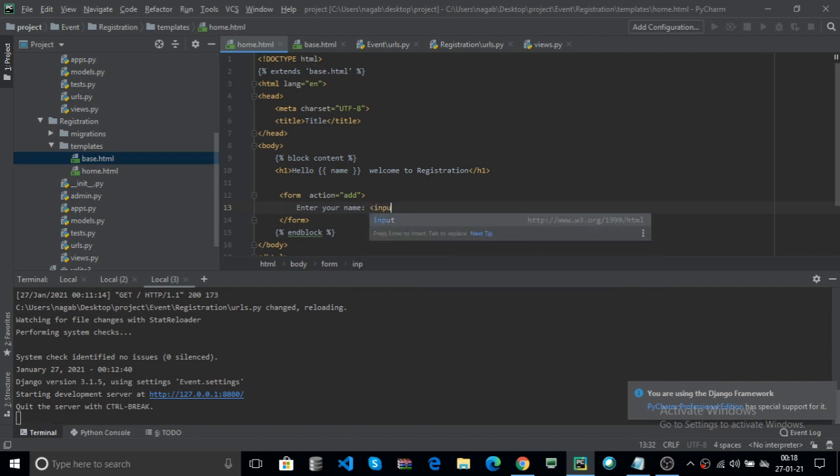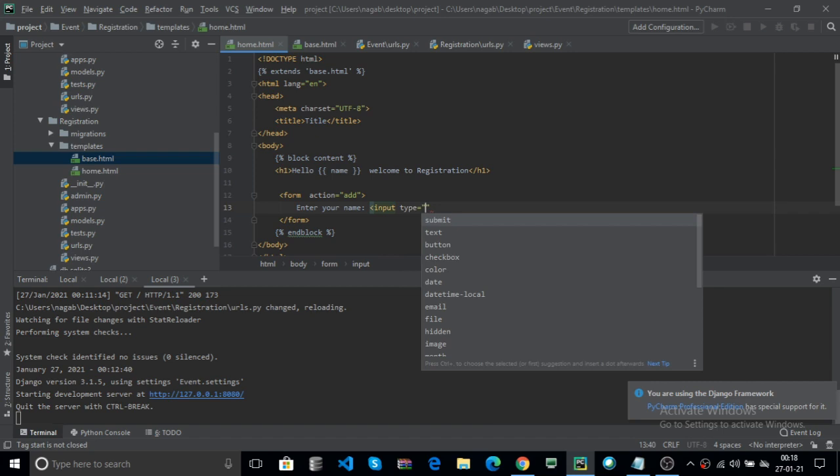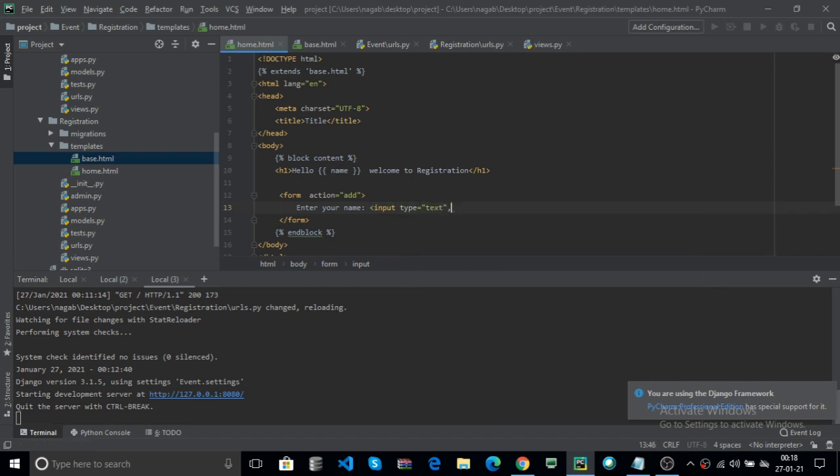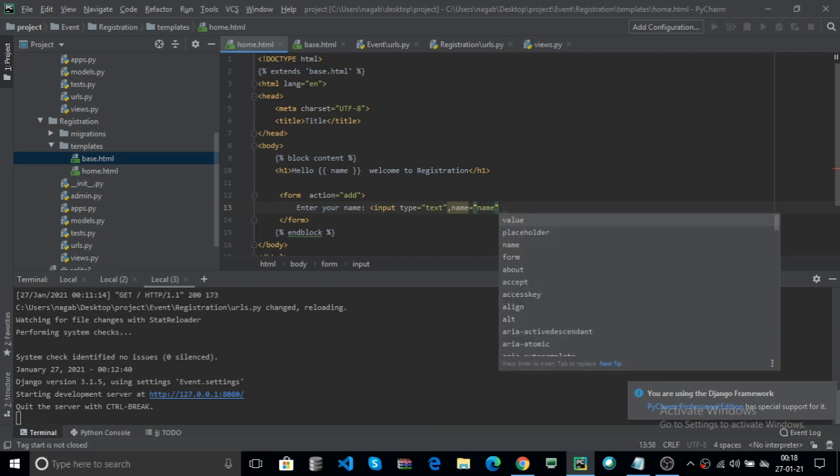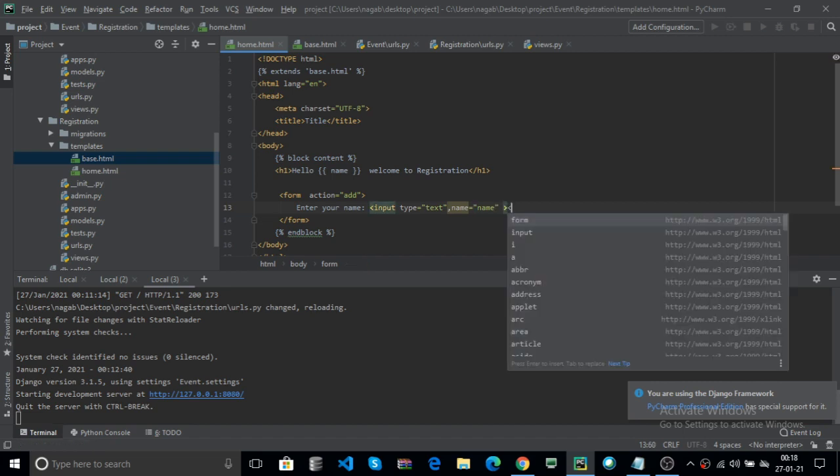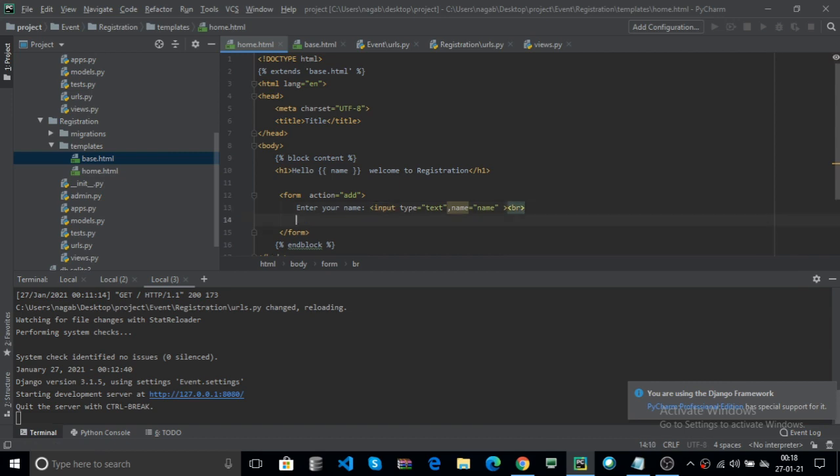Use the input tag the same as in your HTML, type text, name equal to name. Now close your input and use the break.